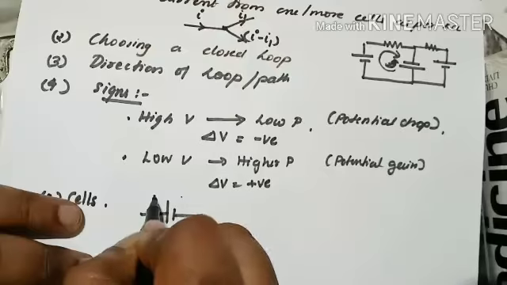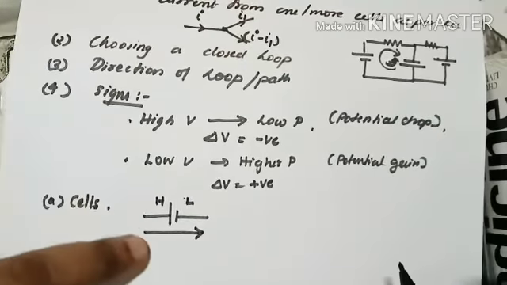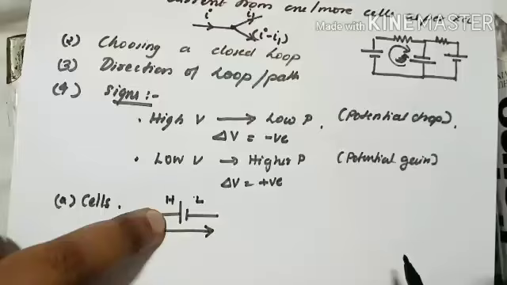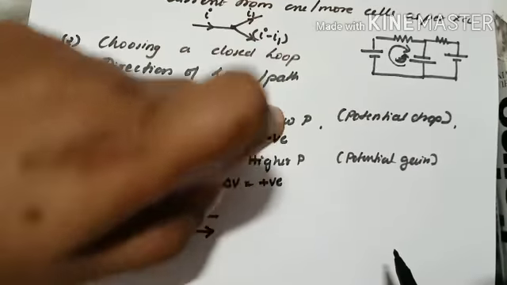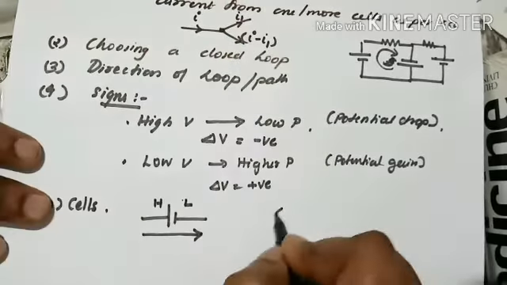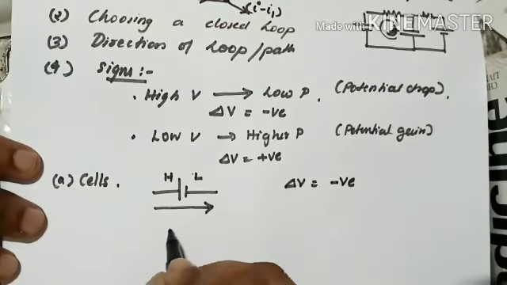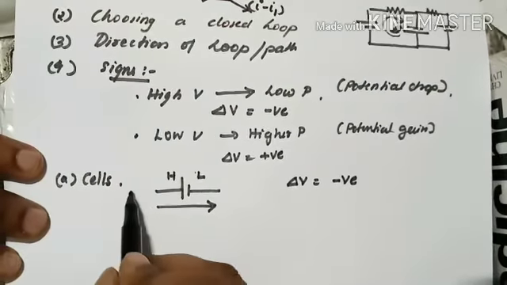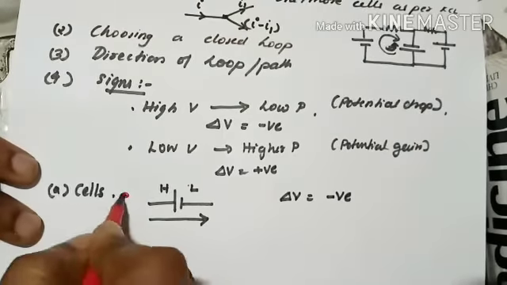Now we know this is the positive section, which means higher potential, and this is lower potential. That means I am moving from higher potential to lower potential. What happens when I am moving from higher potential to lower potential? There is a potential drop, that is negative V, so delta V, the change in potential, is negative, right? Clear? Now similarly I am going to draw it again, guys, in another color. This one is a very important point.